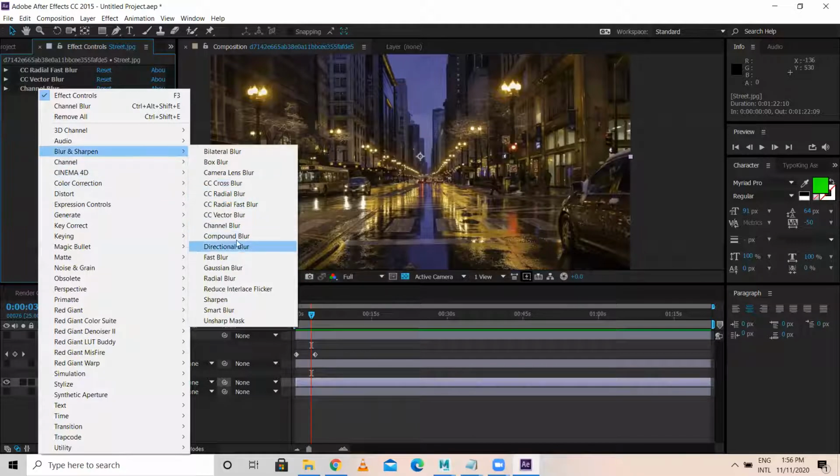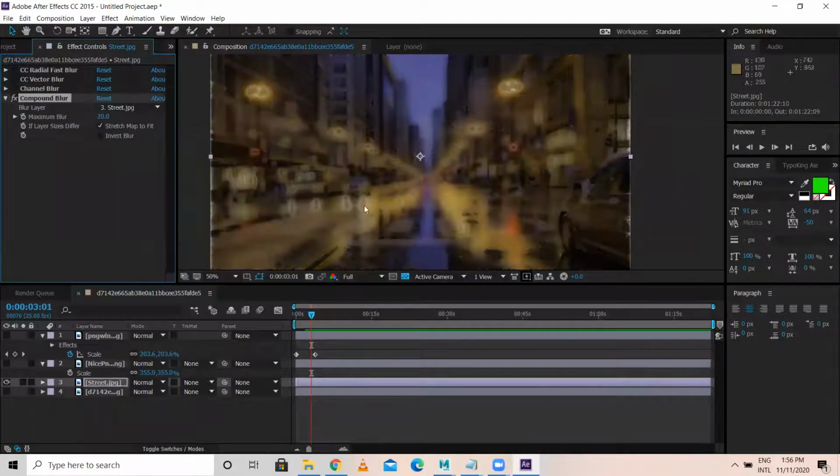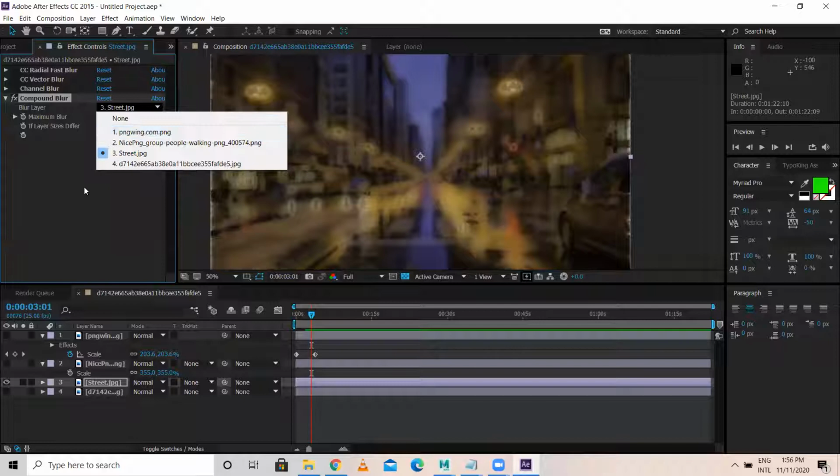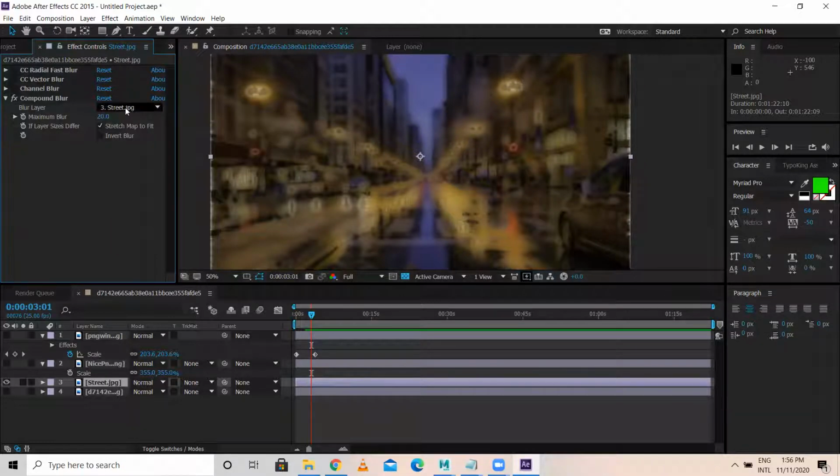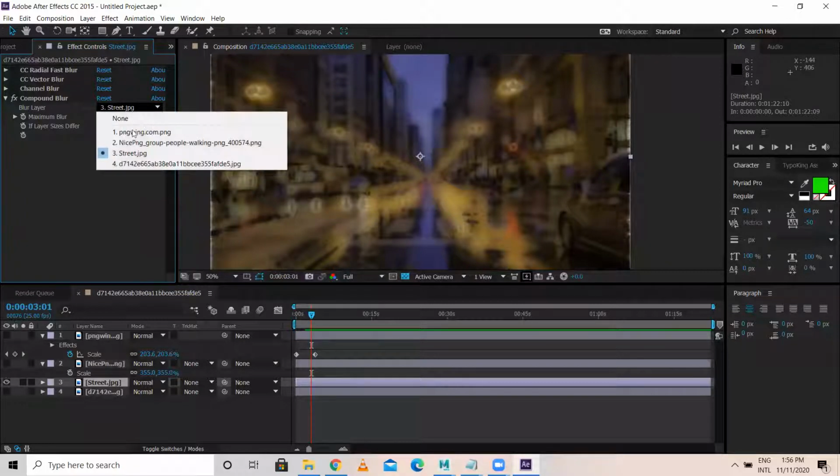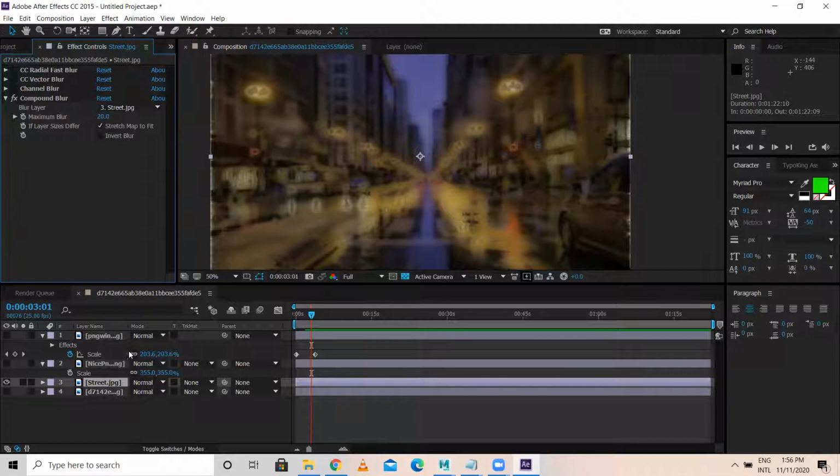Now next I'll go to compound blur. Okay, compound looks like this. So automatically in this blur layer, you can add other layers also to blur. See now, blur layer, there are so many other layers over here. That layer's blur is gonna be applicable on this particular image.